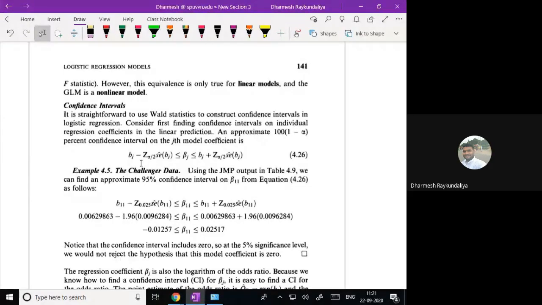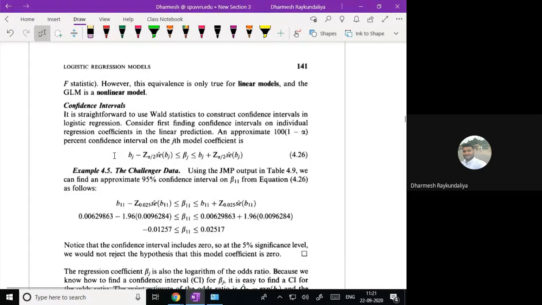You may ask how to perform the testing of hypothesis in binary logistic regression. So you can discuss the approach of the deviance, and you can discuss the approach of individual testing. In simple linear regression and multiple regression, we first perform the analysis of variance. Here we are not performing the analysis of variance; here we are performing the deviance, and then we directly go for the individual testing.